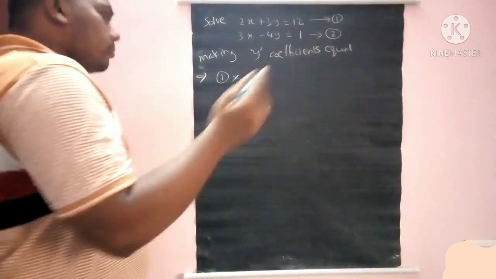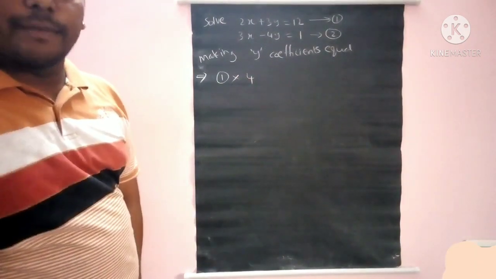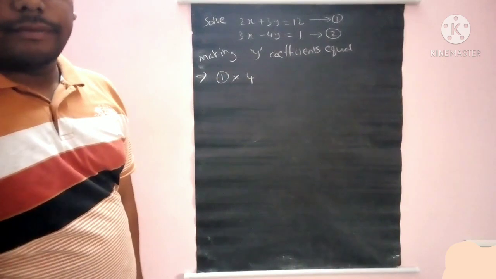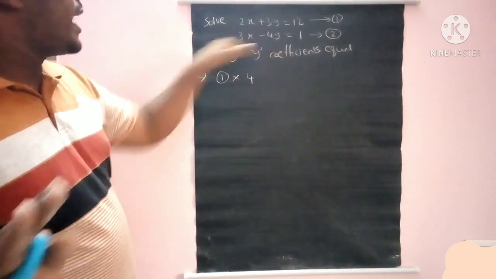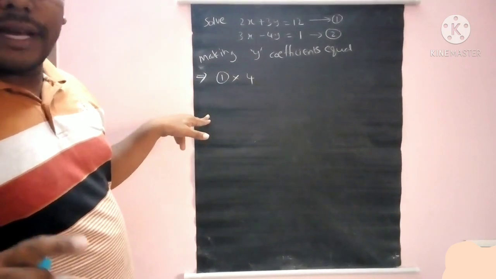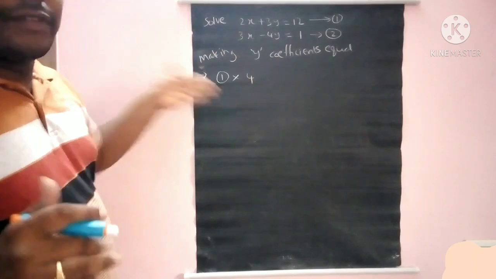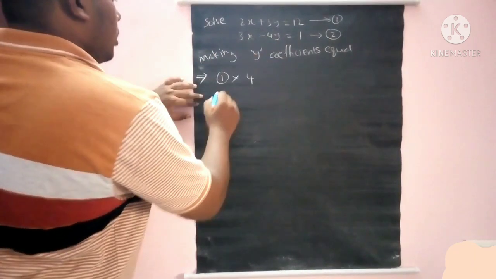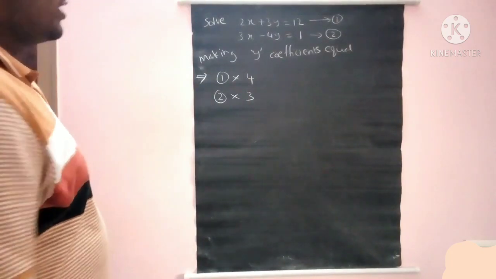Here we can take 4 or minus 4, irrespective of the symbol you can take, nothing will happen. Either you can take minus 4 or plus 4. So kindly avoid the negative numbers here in multiplication. We can do that, there is nothing wrong in that. It will be easy with the positive numbers. So now equation 2 with the y coefficient of the first equation.